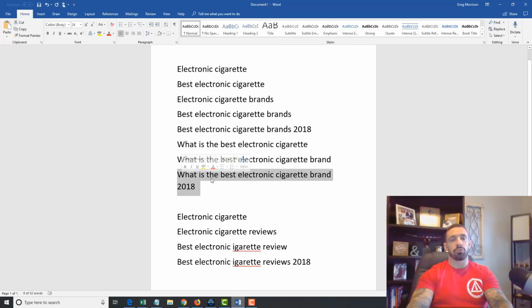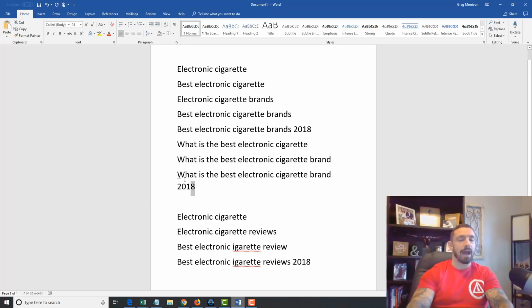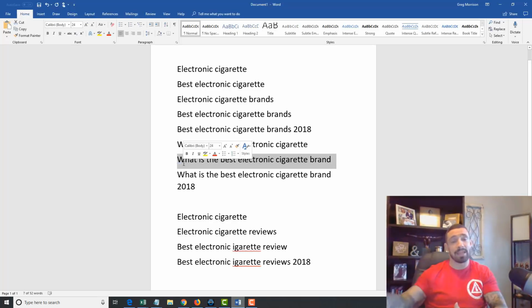But the thing is, when you rank for this keyword right here, naturally it's going to rank you for this one pretty closely, because they're so close. All right, so if you're like number, let's say 5 for this, you'll probably be, I don't know, number 10 for this, or maybe even just a couple spots back, maybe page 2. You'll be very close.